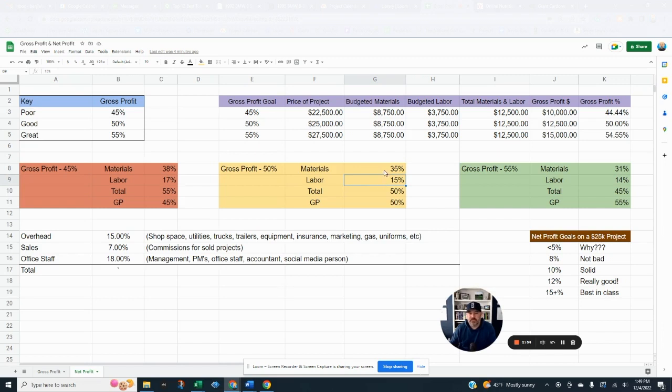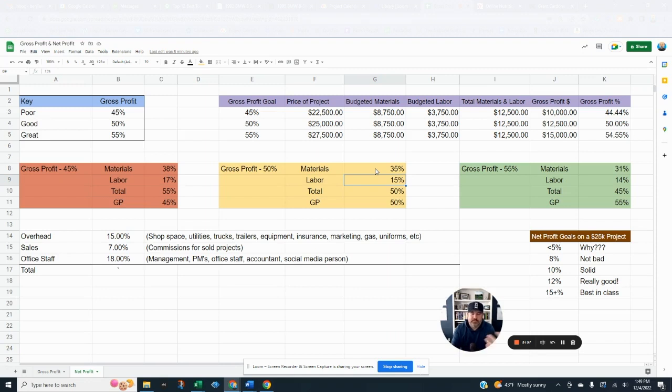Now, if you guys are small enough that you're still out working on the job, you're going to have to decide where you consider this labor going in at. There's a number for whatever you're making, but I'd rather not see that actually. I'd rather see you making a salary. It's an accounting issue more than anything, but it makes more sense to say, hey, I'm the owner of the business. I'm going to make $10,000 a month or $120,000 as a salary, and anything that I do extra is bonus, right? But that doesn't count against my labor.